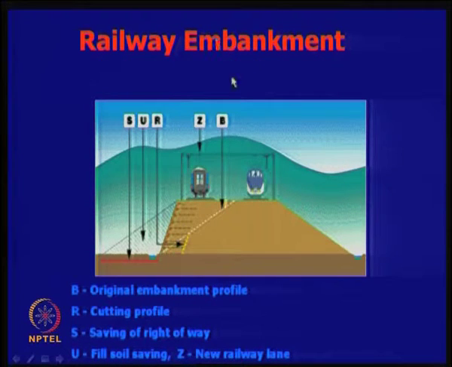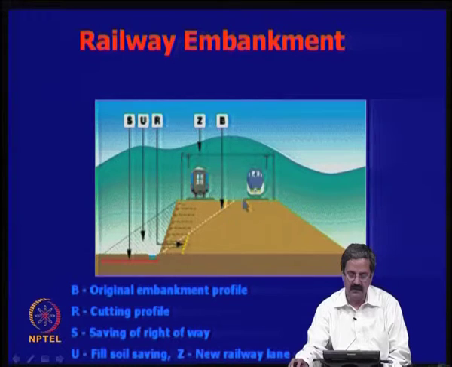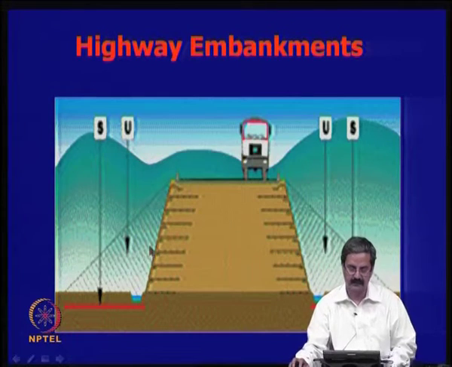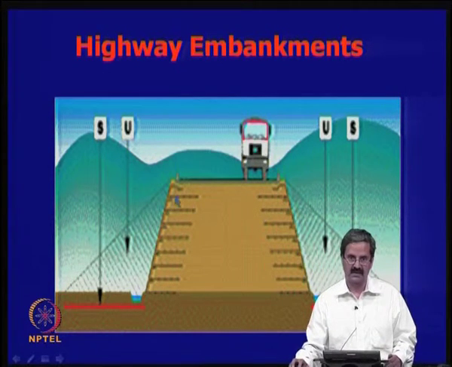There is another example, in the case of railway embankments, where the earthwork can be saved. If you are able to construct the slope in this manner using the RE wall, the reinforced soil technique, you are able to save this much soil, and it is going to be much more stable as well. So, essentially you can design some of these things in a very comfortable way. In highway embankments, you can see that so much of the area of cross section could be saved.